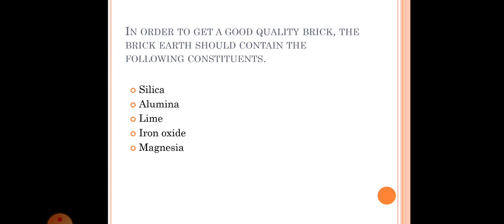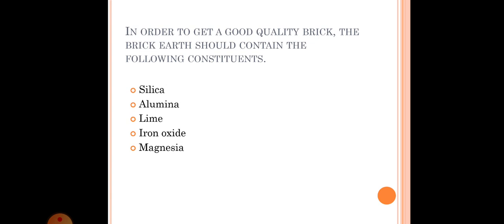So you would have seen that the bricks are all red in color. So it is the presence of iron oxide that imparts the red color to the bricks, and it also improves the impermeability and durability. It gives strength and hardness, and again, if iron oxide is present in excess, then the color of the brick will become, say, blackish or dark blue. You would have seen some bricks with a different color unlike the usual red color. So if it has a darker color, it indicates the presence of excess iron oxide.